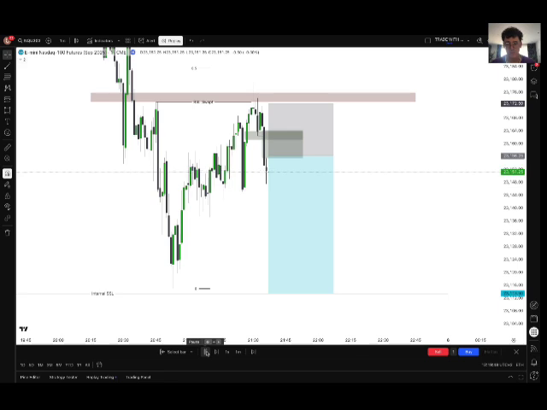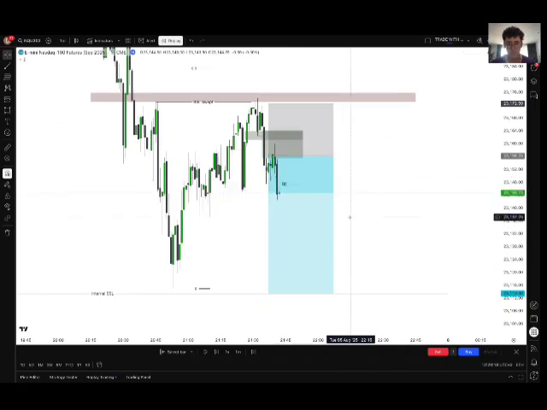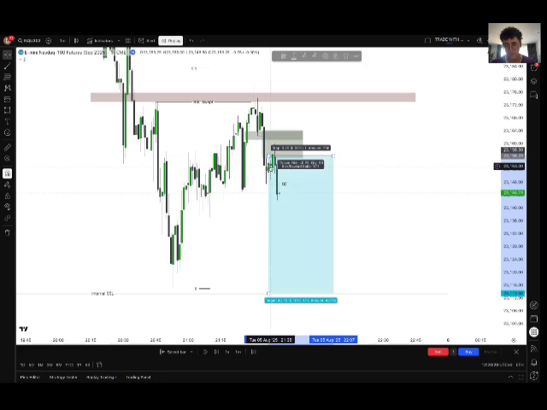Okay, so price retraces back, I took my short, and now when price displaced and closed through the short-term low, because this low we retrace inside this gap. So I take my last short-term low from where we started to retrace into the gap, and if I see a candle close through that short-term low, I will put my stop loss break even. So once price broke through that short-term low, I put my stop loss break even. Okay, so now I'm moving my stop loss to the entry point.